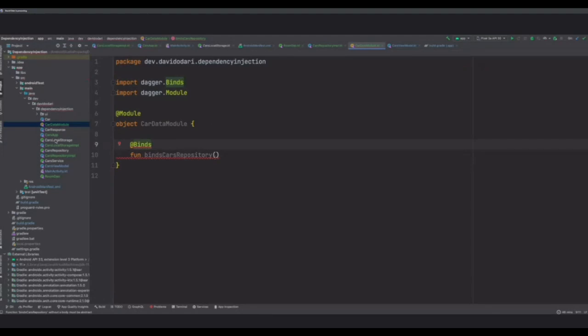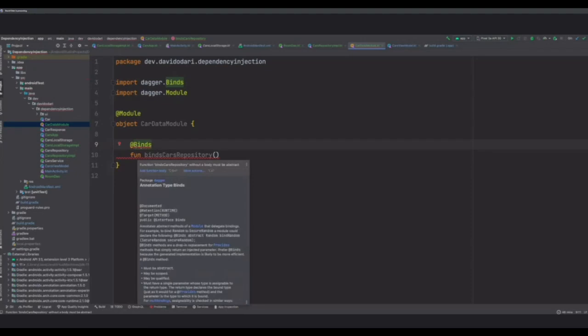Also, in the case that you have one interface, maybe you have a car repository, and then you have many kinds of car repositories, binds is also what you'd use, and you can mark all this as different implementations.